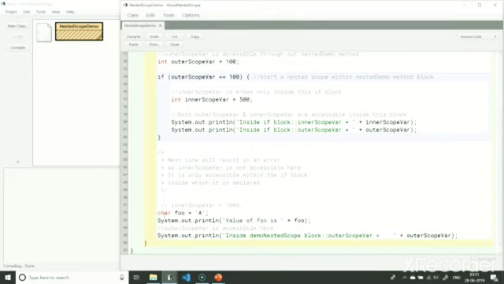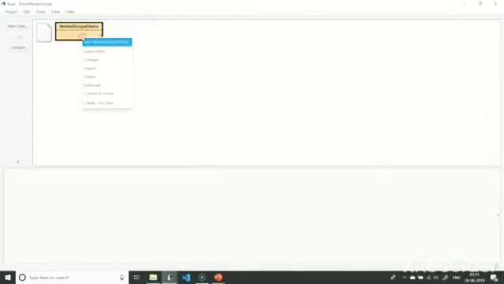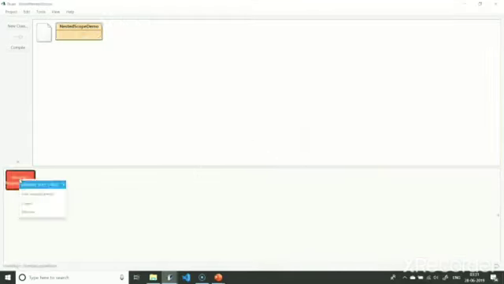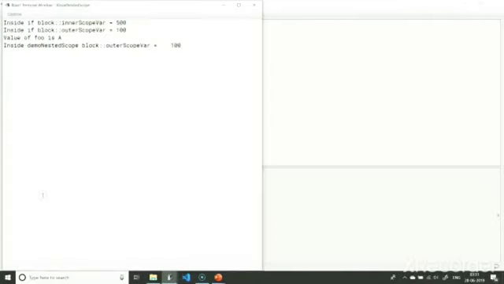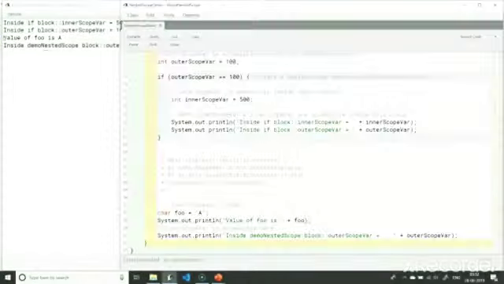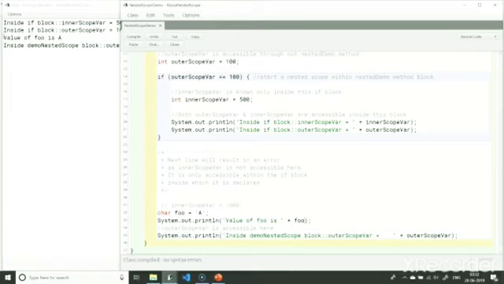Let me execute the program and show you. Okay, so our class compiles fine. I'm creating an object of the class and then executing the nestedDemo method. Here is foo printed in the output. But if I try to use a variable before declaring it, the compiler will start yelling at me. Let me show you this as well.